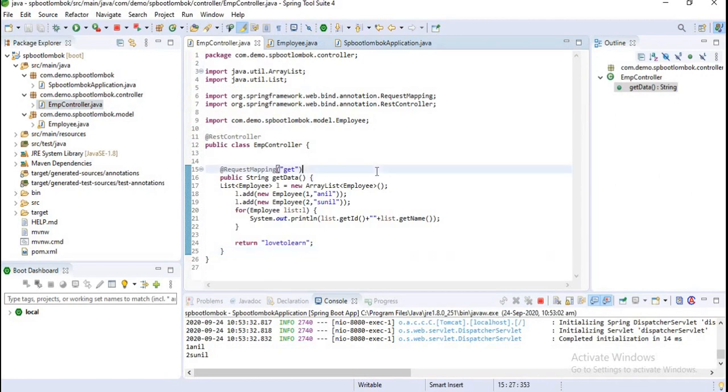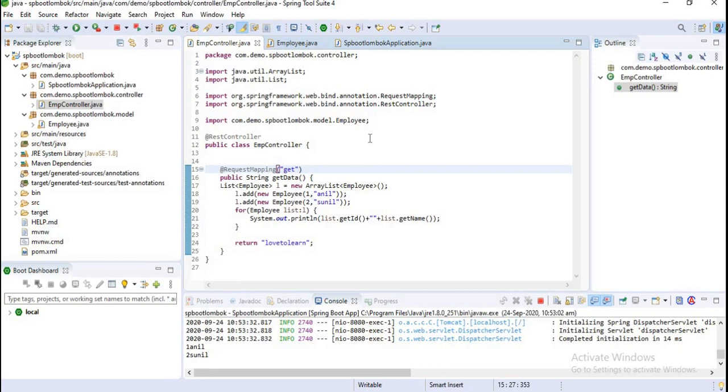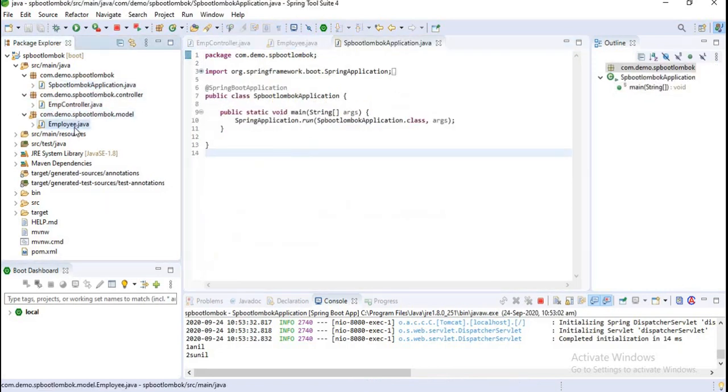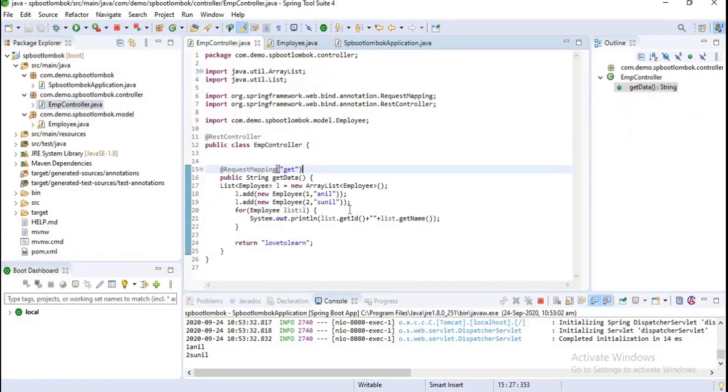Let's go to the employee controller. There is no change. If you don't have getters and setters generated, then we will get a problem, because we are using those getters and setters here. I am just using the @Data annotation. While replacing the getters, setters, equals, hashCode and toString, I am not getting any errors here. It means all these annotations are replaced with @Data, and @Data is generating the code successfully, which is equal to getters, setters, constructor, equals and hashCode.